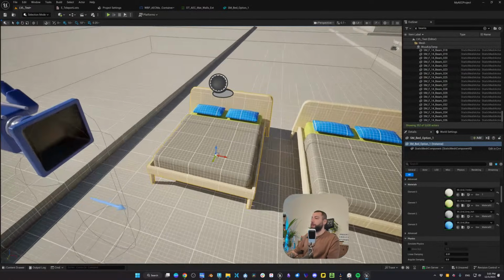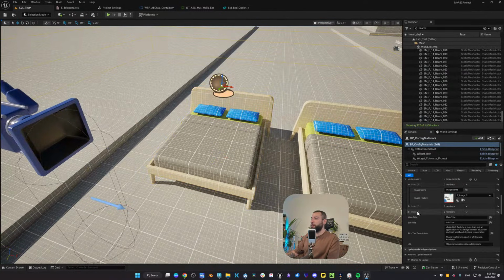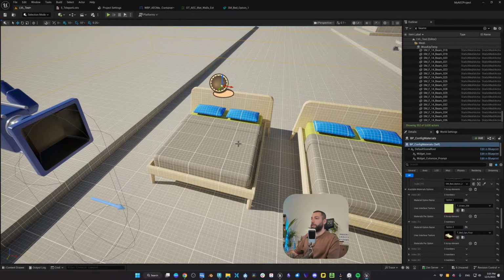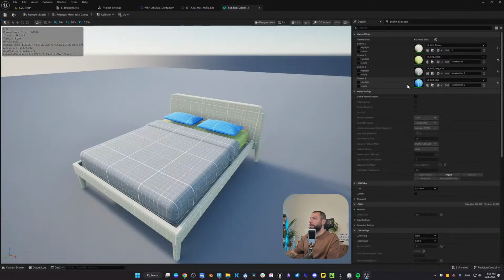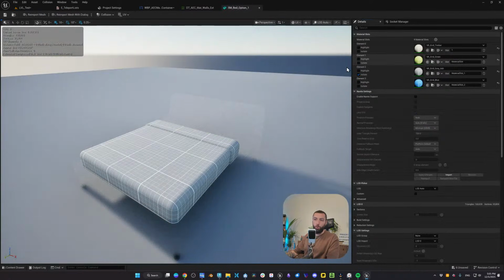So in this scenario then, if you click on the configurator, you want to add 4 material elements if you want to change everything about this bed, or just one material element if you want to say, let's change the blanket, for example. So let's say we just want to change the blanket, then we just add one material ID. And the blanket here, I think it's element 2.